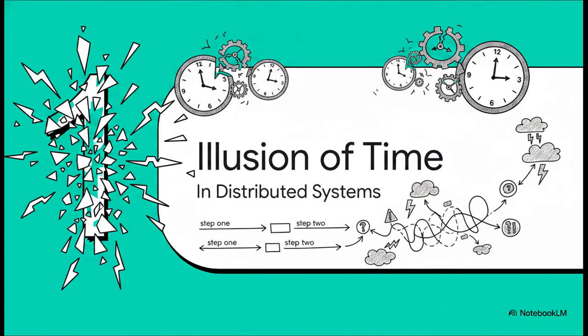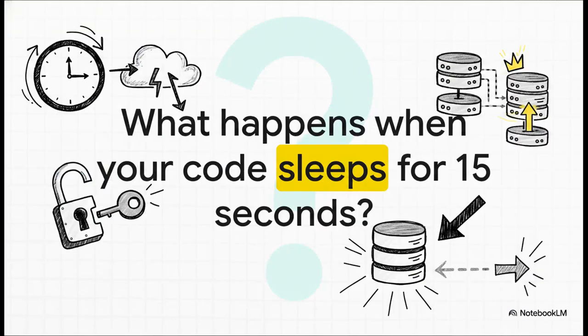To really get this, we need to completely shatter a common beginner assumption about how code actually executes on a server. Seriously, I want you to ask yourself right now, what would your backend do if a running process just vanished for 15 seconds and then woke up completely oblivious to the fact that it was ever gone? Imagine a thread checks the time, verifies it has a valid lock on a file, and then, boom, right before it writes to the database, it gets suspended. For 15 whole seconds, the rest of your system just keeps on moving. Leases expire, new leaders get elected, and then your thread wakes up, totally unaware of that huge time gap, and just goes ahead and executes that write.